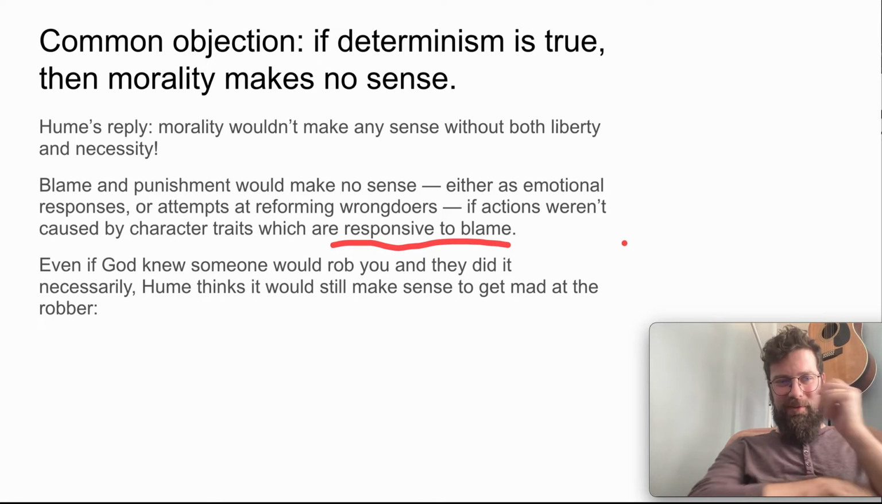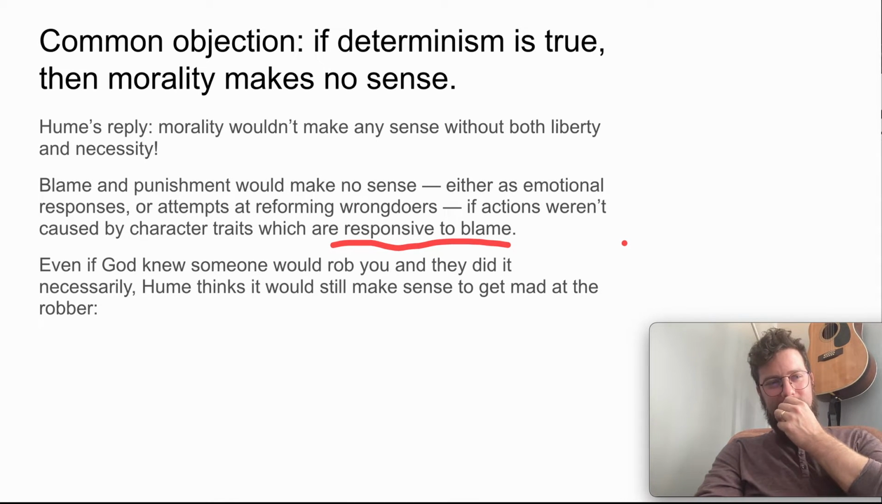Hume is further going to push this point. He says, look, imagine even if God knew someone was going to rob you, like it was determined. It's a complete inevitability in the course of nature. Hume says, look, even if this person does that necessarily, it would still make sense to get mad at